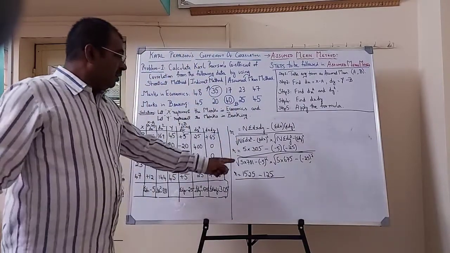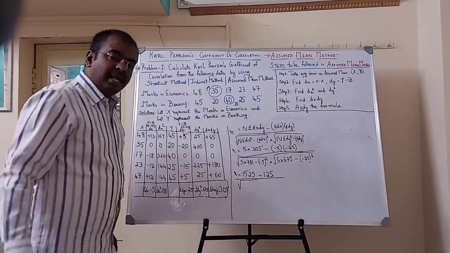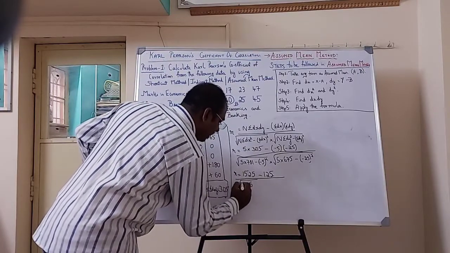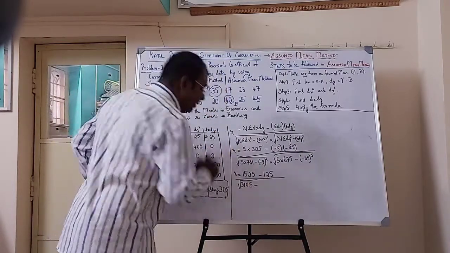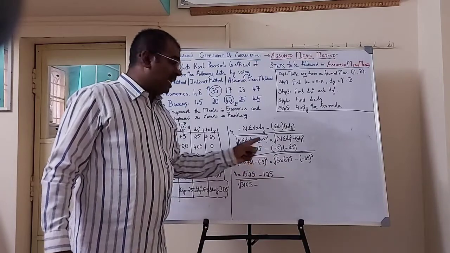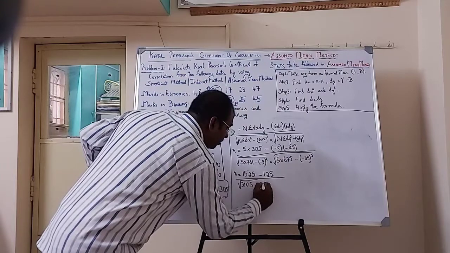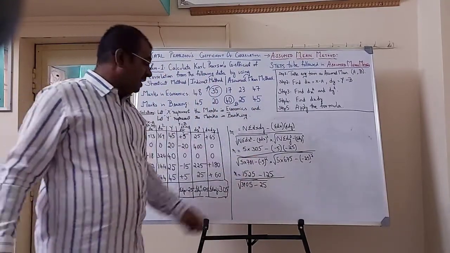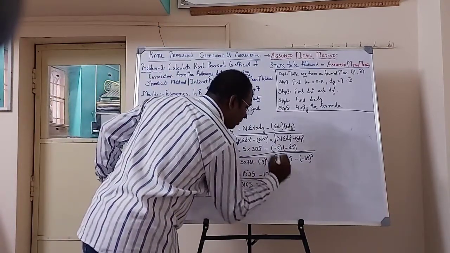Divided by square root of 781 into 5, 5 ones are 5, 5 eights are 40, 35 plus 4 39, 3905 minus within brackets minus 5 the whole square, that is minus 5 into minus 5 becomes plus 25. So when we remove the brackets, minus becomes plus 25, into square root of